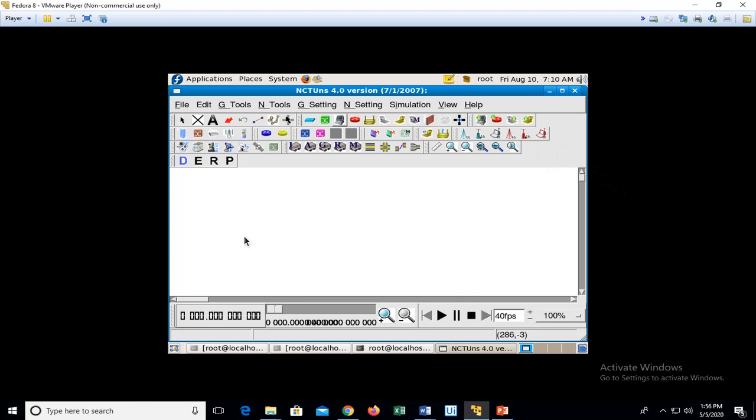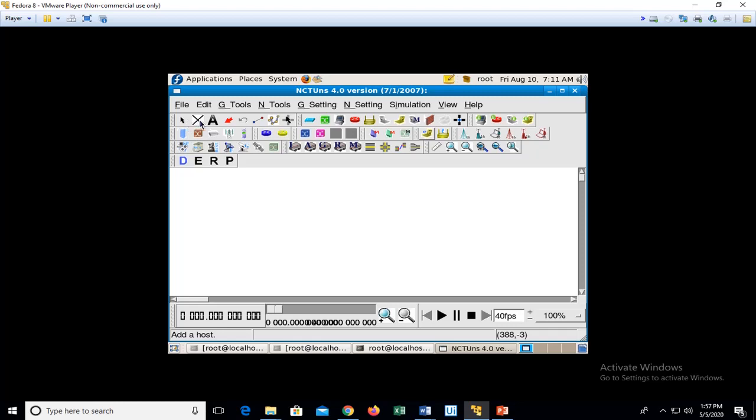Now let us conduct the experiment as we mentioned in the previous slide. Here we have to make use of the nodes. If you can see, there are several button options available here. If I hover on a button, I can see what it is meant for.